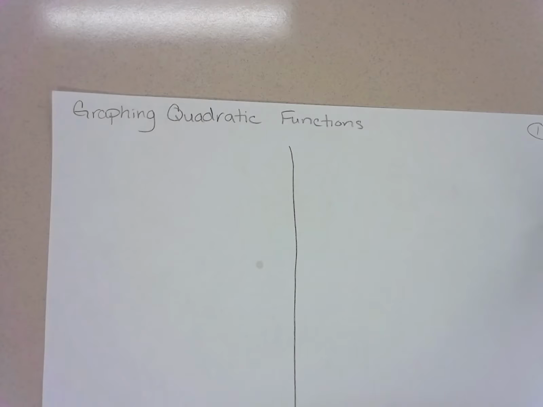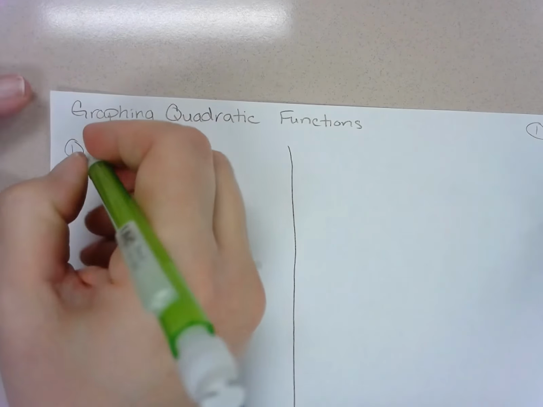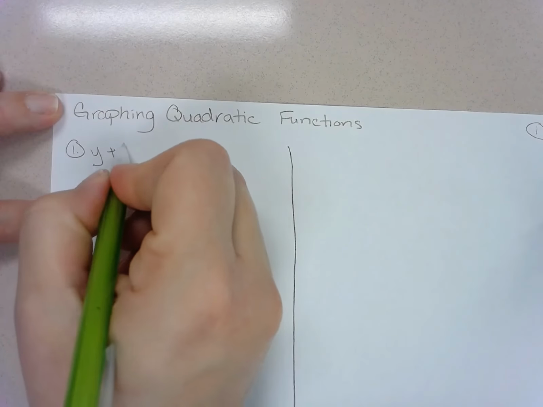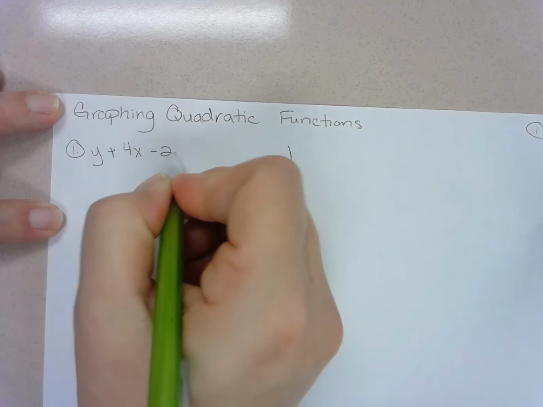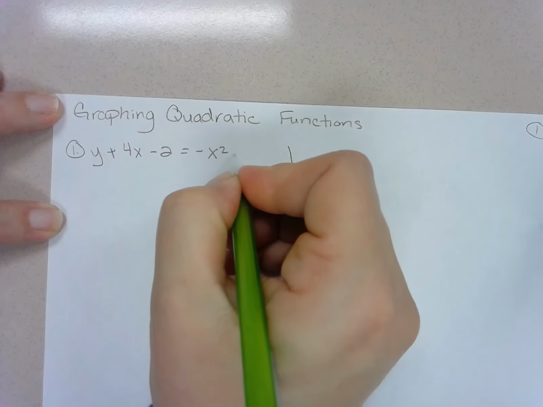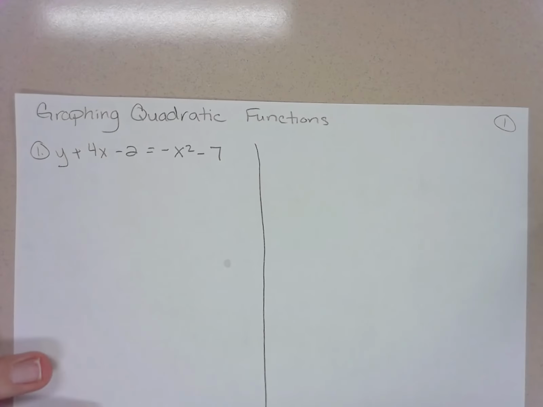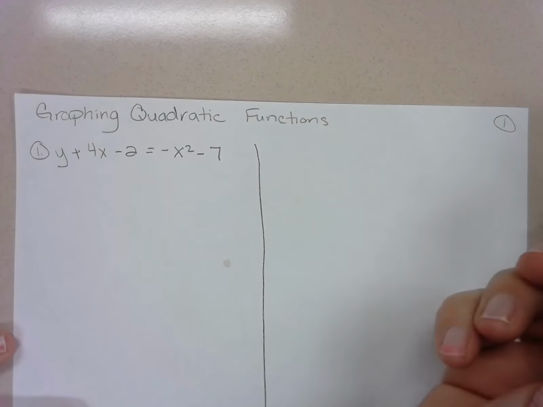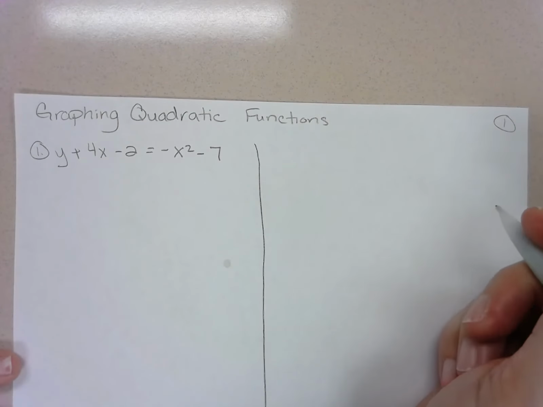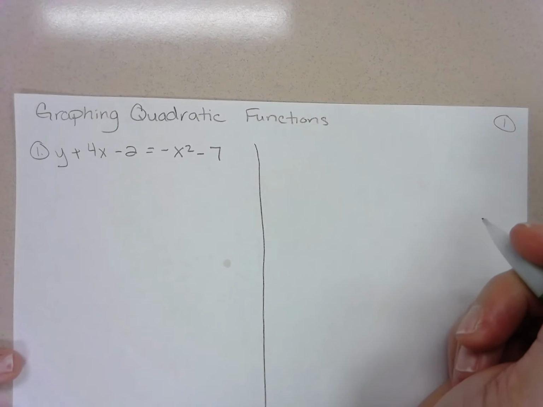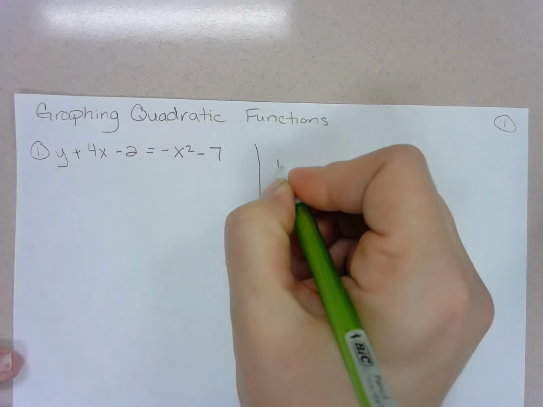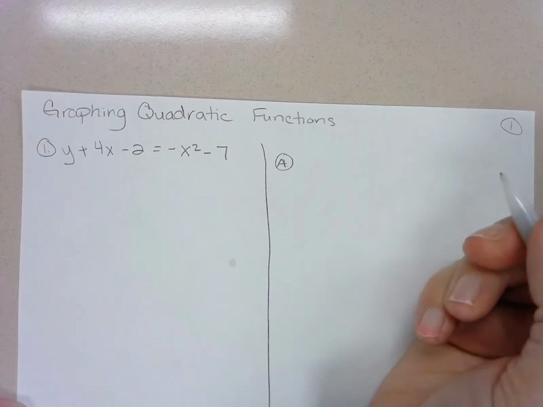So our first example says y plus 4x minus 2 equals negative x squared minus 7. We've got a list of steps that we need to follow in order to find the axis of symmetry, to find the vertex, to identify whether it's a maximum or a minimum, and identify the domain and range. All of these things we do in preparation for actually turning around and graphing this. So the first thing we want to do, let's call this A instead of 1, is